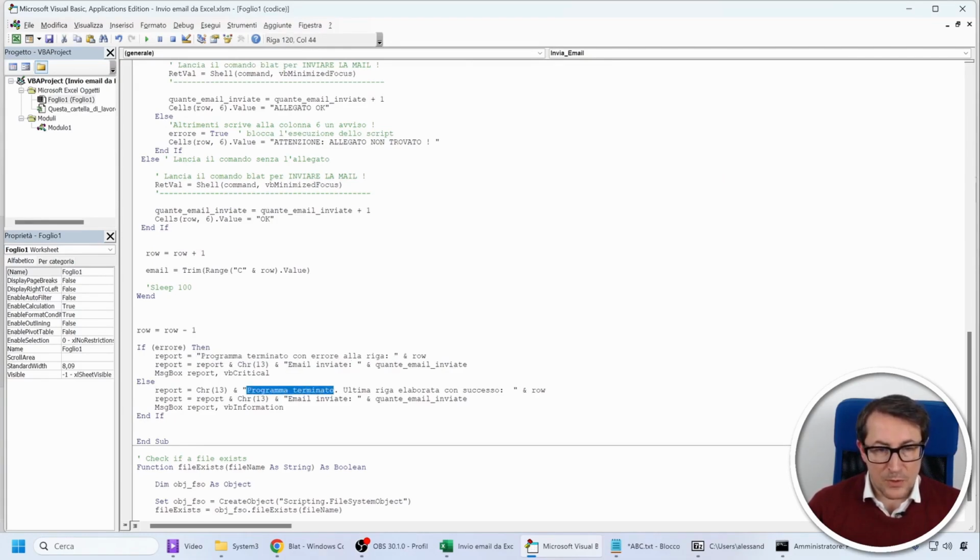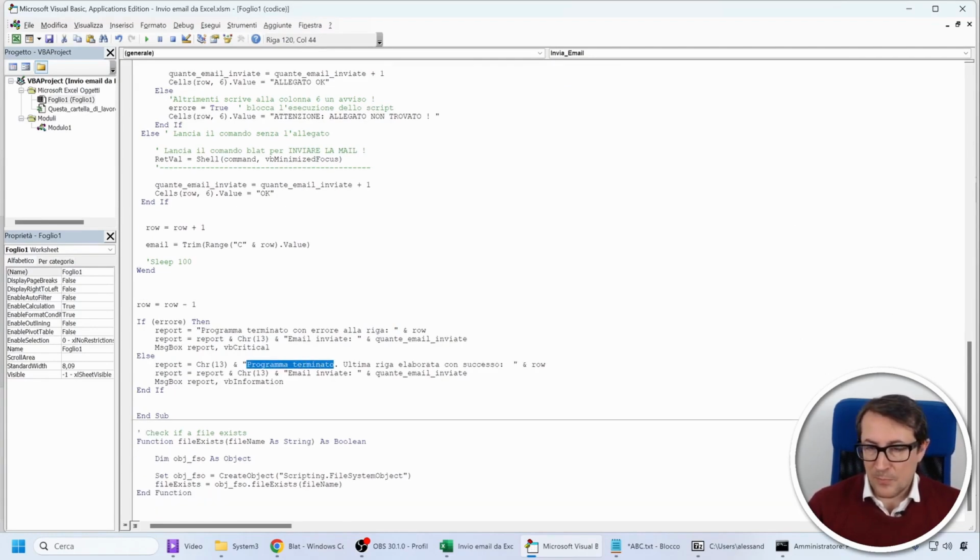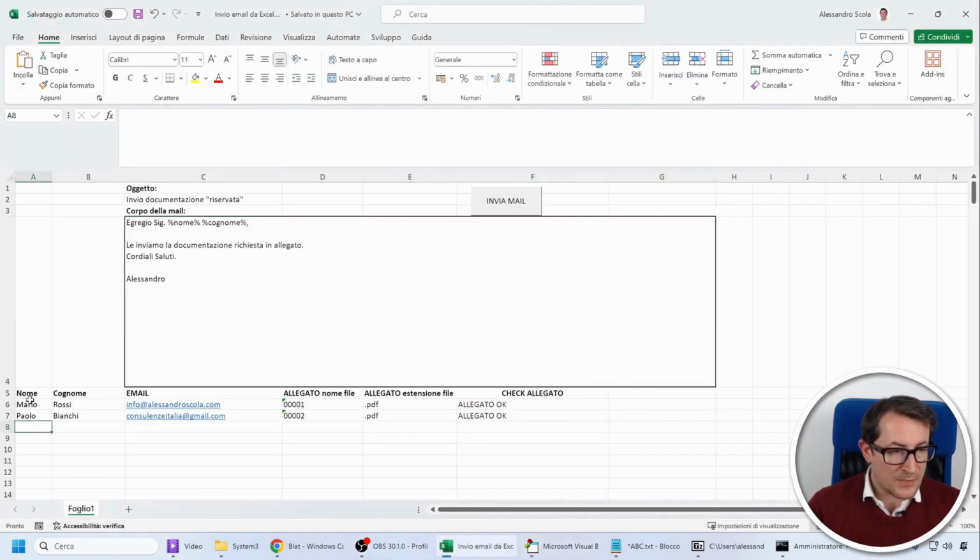Otherwise, if there were no errors, the program will say it finished successfully with the last row processed. That's it. The program is all here, and it sends all the emails, until it finds no more space starting from row 6. So if you fill out something like this, it will still stop here. The list needs to be continuous.